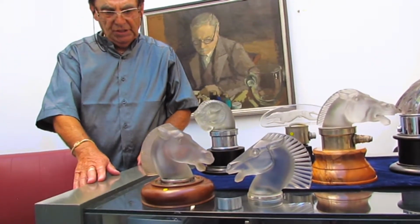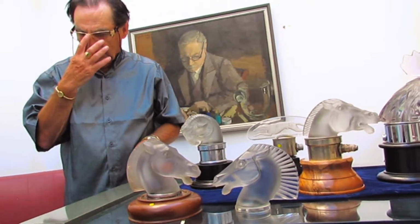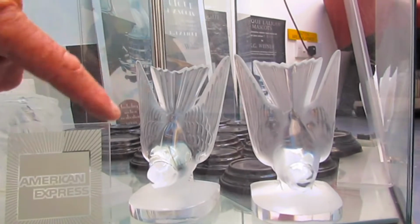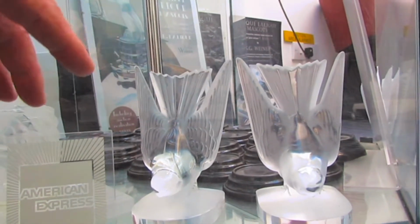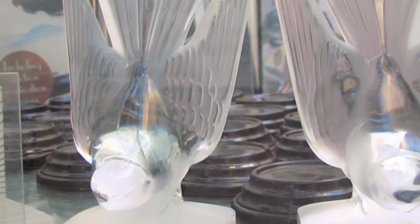There are also the same mascots which are made into bookends. So for example, we have a pair of, these are bookends. They are the swallow, hirondelle, but they're made with large integral bases as bookends. He did this, as I say, he was very enterprising, so he used existing designs to make bookends and paperweights,